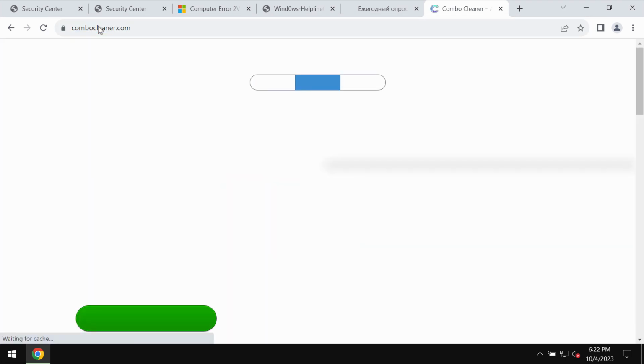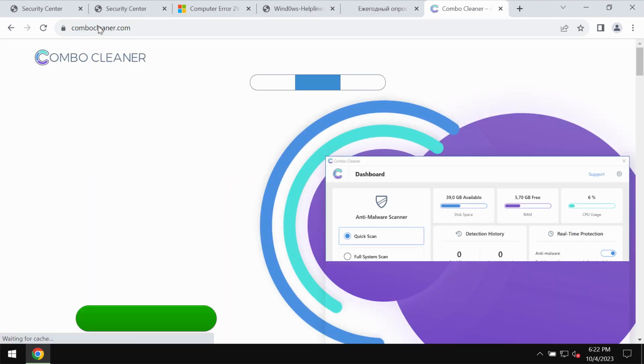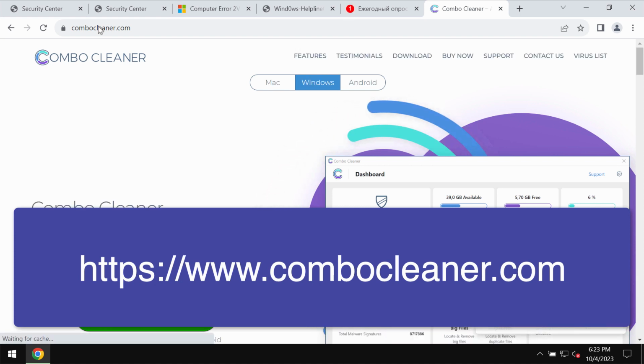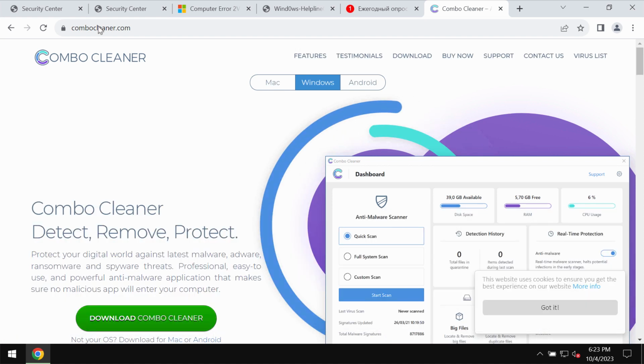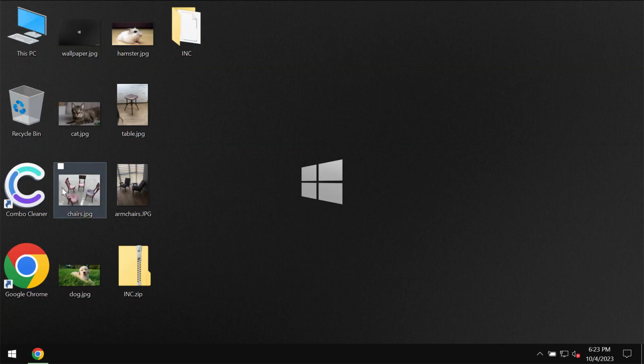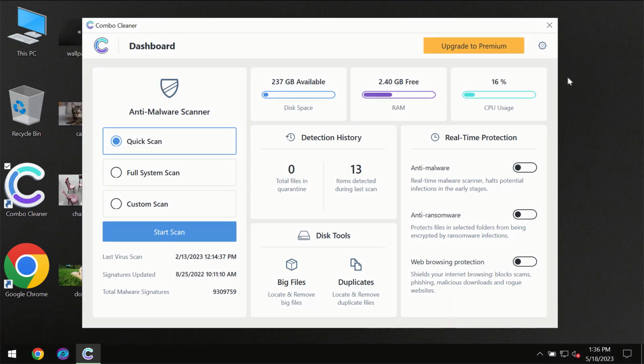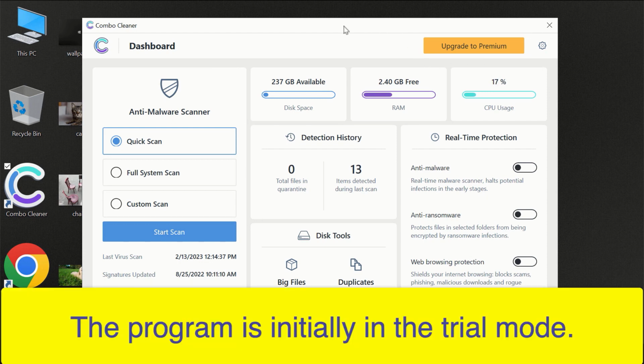Also, my recommendation is that you additionally research the system with Combo Cleaner antivirus. Go to the page combocleaner.com, download the application, install it, and once it gets successfully installed, start researching your computer with its help. After you have successfully downloaded and installed Combo Cleaner antivirus, for the first time the program